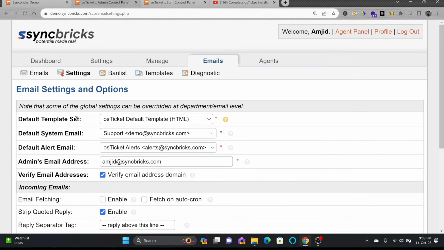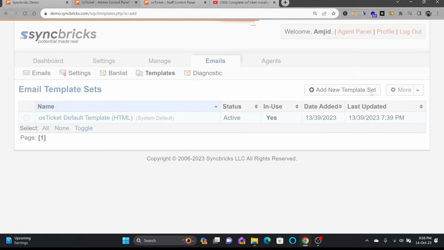set up. So default templates for the email will be used by osTicket. You can create the email templates by going to the template section here. When the tickets are created, when the tickets are assigned to someone, once there is an internal note or any external note, all of these templates are here. You can customize those templates. So we can create a new template, add a new template set,